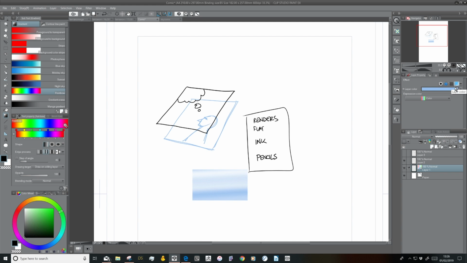So if you're taking a photograph into the computer to trace over, you can bring a full color photograph in, press the layer color, and suddenly it's a blue photograph you can trace over very easily, and that's great. So some of the other effects that are there, which I'll talk about very quickly: